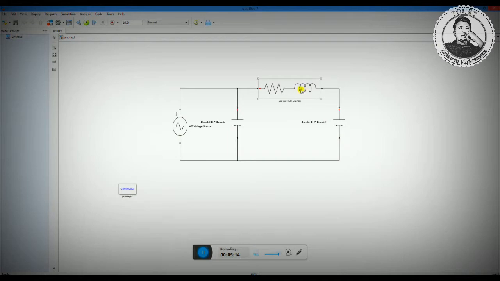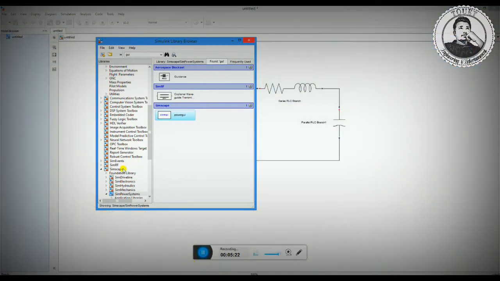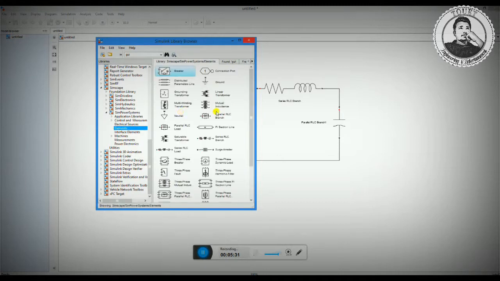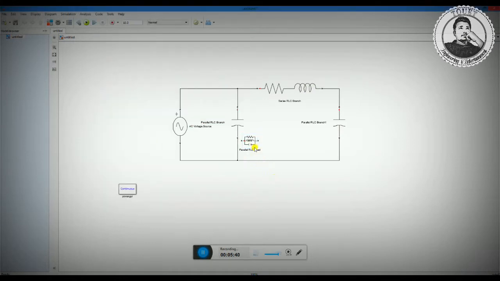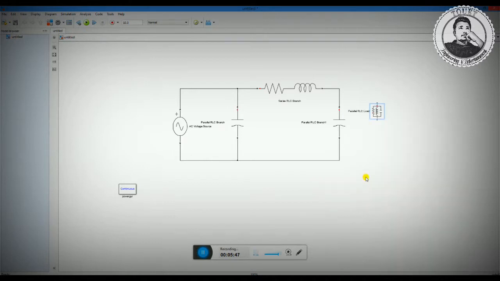Let's say I simply go to the components and take the load from the same library. Yes, and from the same library I need elements. Go to the elements and take a resistive load. Here you have the parallel RLC load. You can utilize it as a simple resistive load. So just rotate it. Where is the rotation option? Yes,